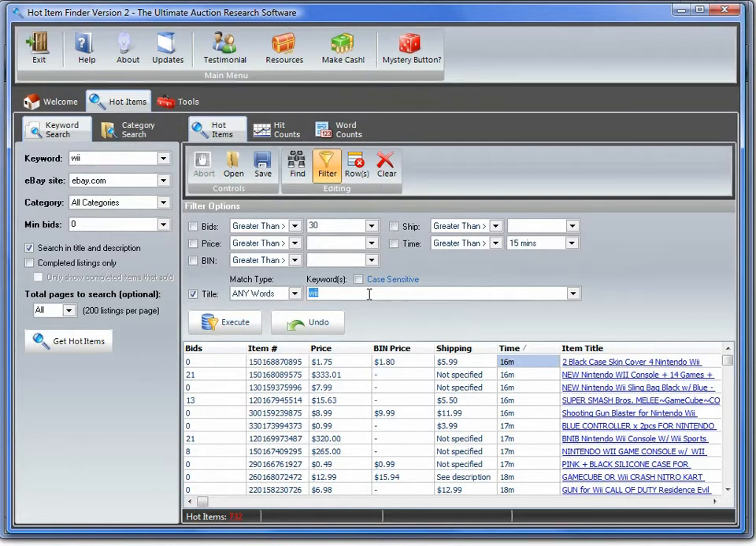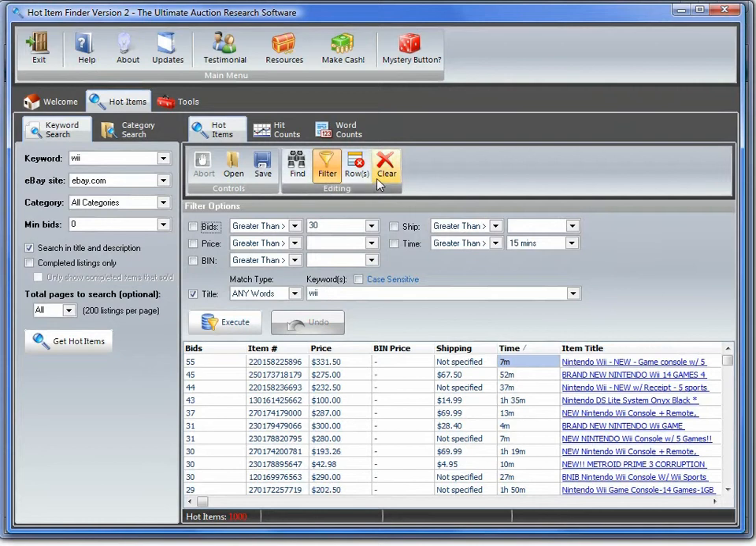I think the majority of everyone will usually be using the actual title and probably the bids, and if you like, the price and, like I said, the time and ship. So let's go ahead. We can undo that again. Let's